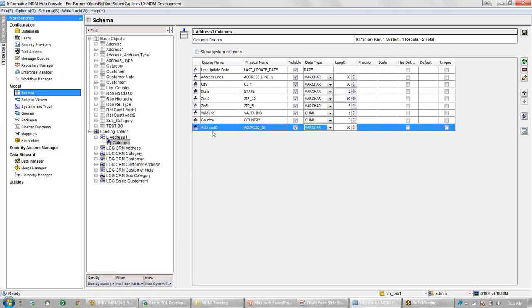In this one, I'm adding one more column like address ID so that I can use it as a primary key.